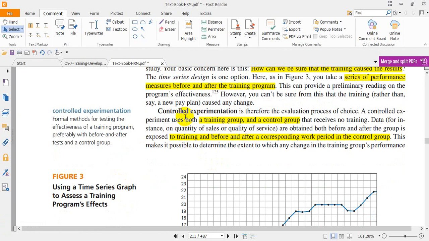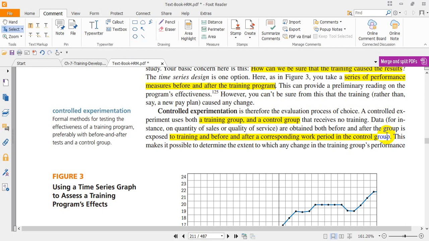There is something called controlled experimentation. Controlled experimentation is therefore the evaluation process of choice. A controlled experiment uses both a training group and a control group that receives no training. Data, for instance, on quantity of sales or quality of service are obtained both before and after the group is exposed to training, and before and after a corresponding work period in the control group. In this method, we take two groups, a training group and a control group,